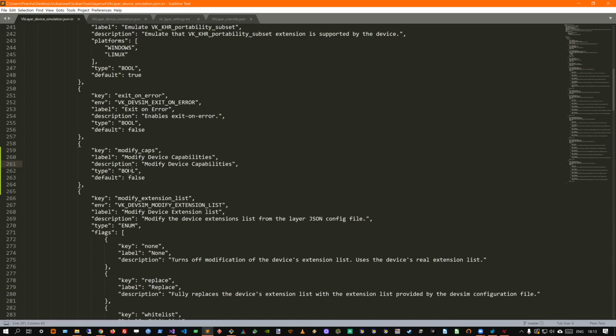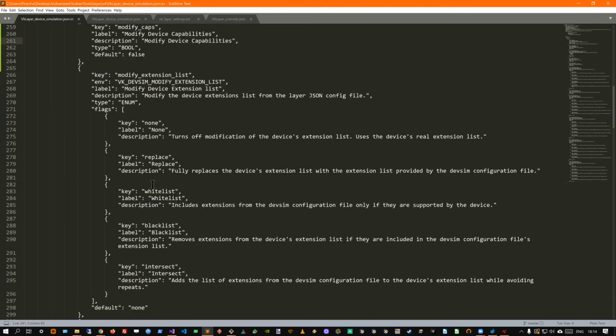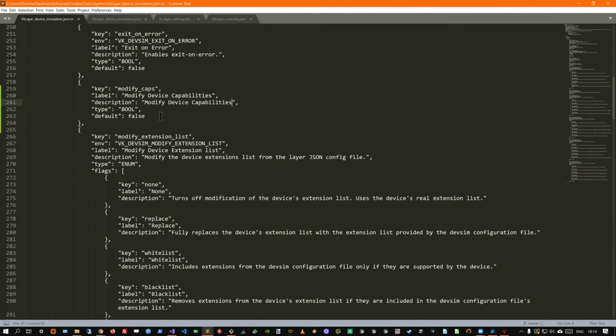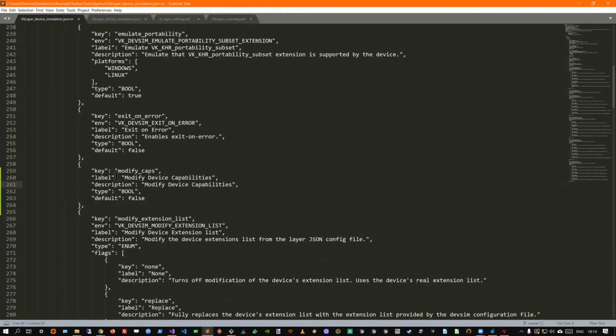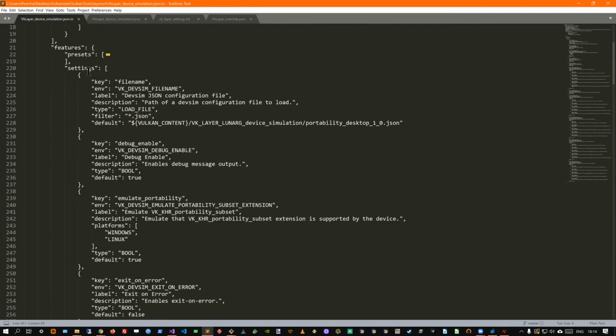It's going to be a bool, which means it's only when this setting is true, or at least it's what I want to do, it's only when this setting is true that the other settings will effectively be enabled. So the way to do it, I'm going to copy a setting.